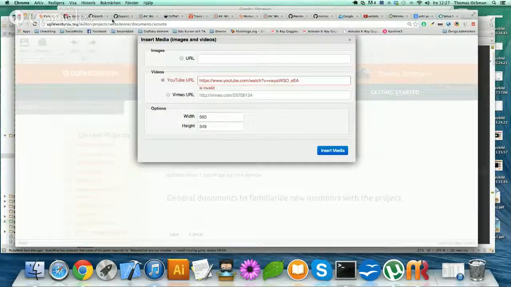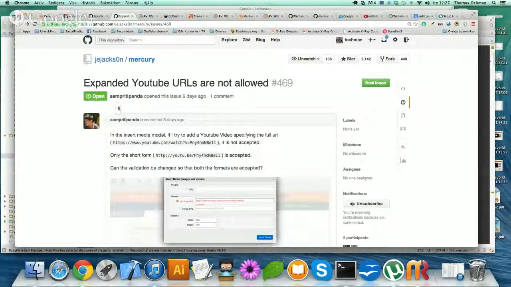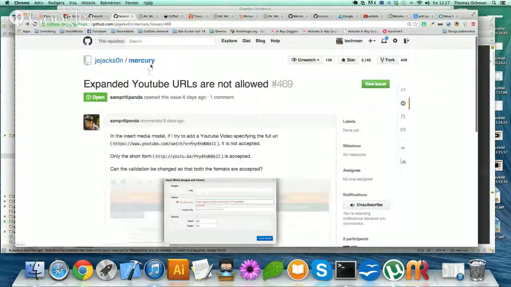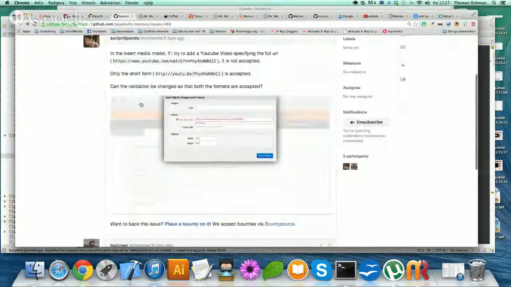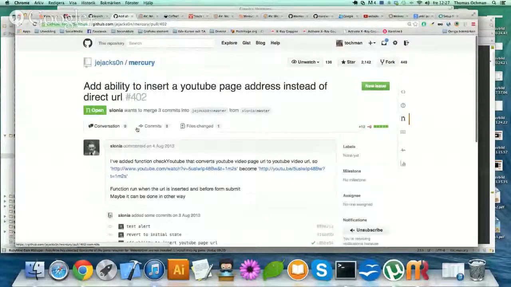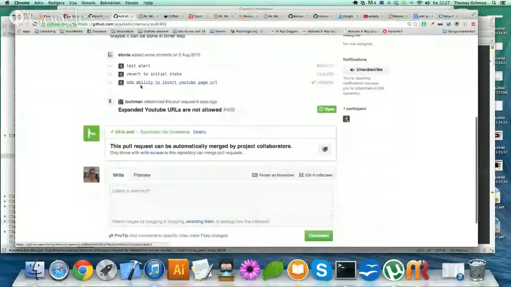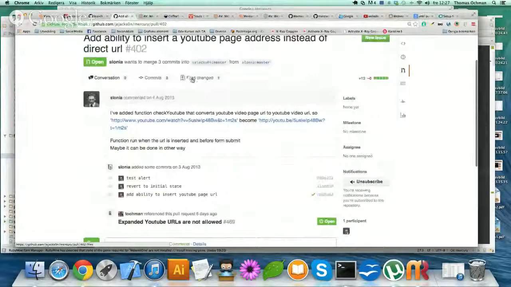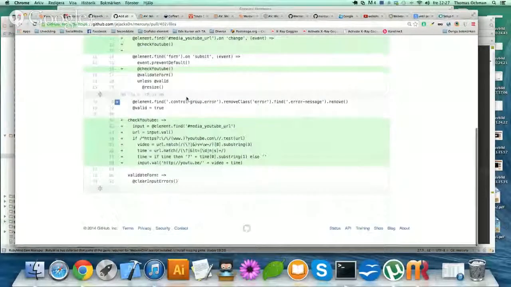So I went over to the GitHub repository of the gem and asked this question, and I found an already existing pull request from another developer dealing with this exact issue, and in true spirit of reusing somebody else's work, I basically